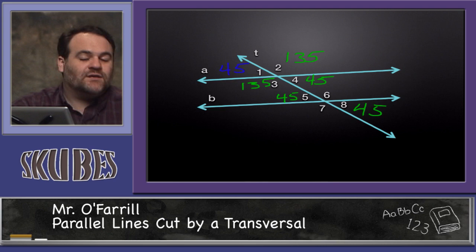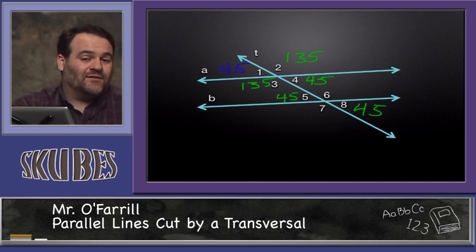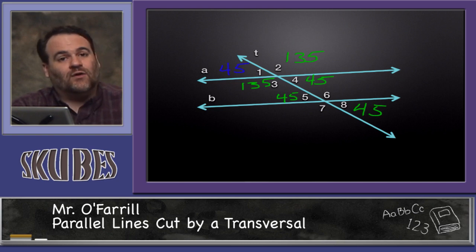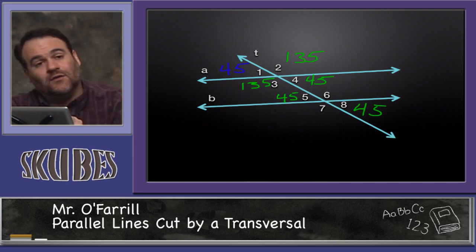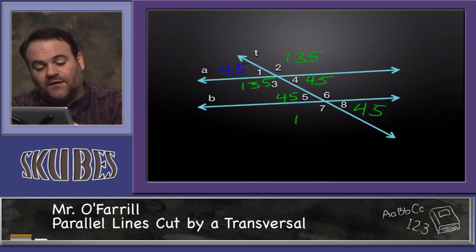Same side interior angles we've already discussed. There's another one that would logically follow that we didn't talk about, but that would be same side exterior. And the rule applies the same as interior. They are supplementary. So angles 1 and 7 are added up to get 180. Angle 7 is